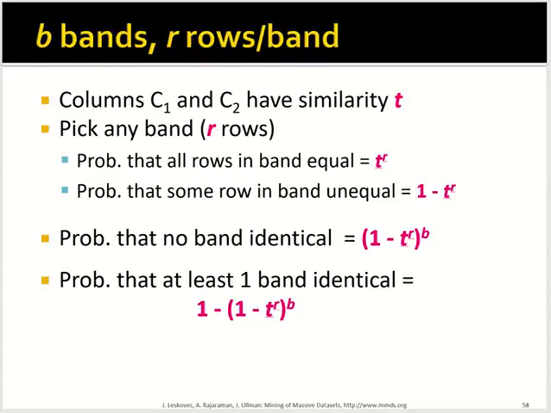Okay, so the probability that at least one band is identical is also 1 minus the probability that no band is identical at all. So these are all the statistical formulations regarding the B bands. Based on all these formulations, we